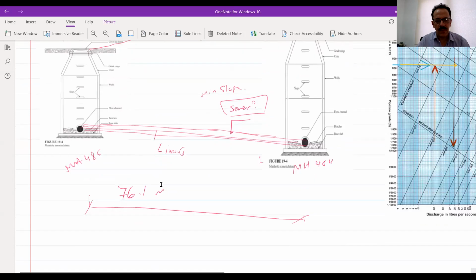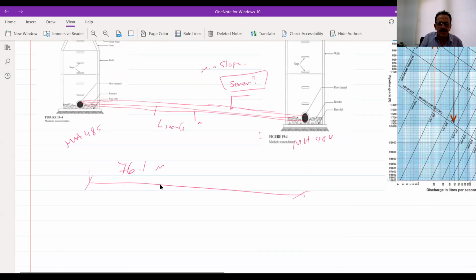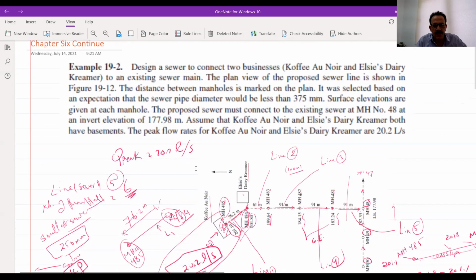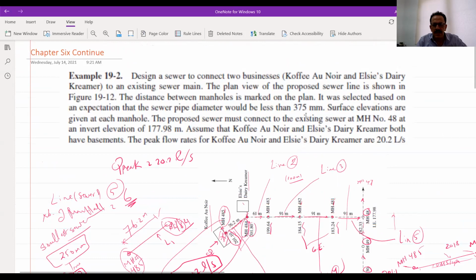So what should we do? The minimum slope for the pipe, and by the way, the used pipe is called clay pipe, which is close to a concrete pipe. Here's the VCL. Existing sewer main pipe. This is the main pipe. That's design of sewers. Usually you are using a concrete pipe or clay, and they have a Manning coefficient equal to 0.013.